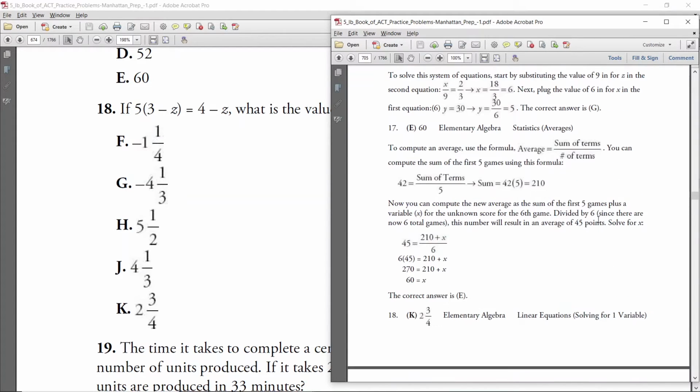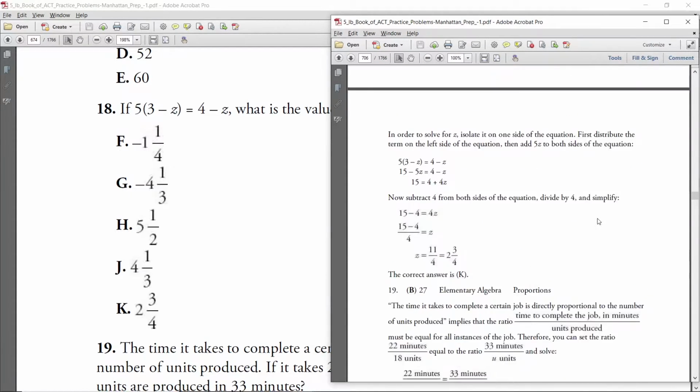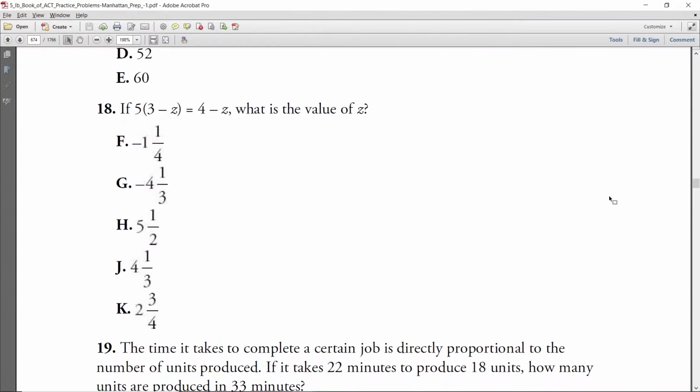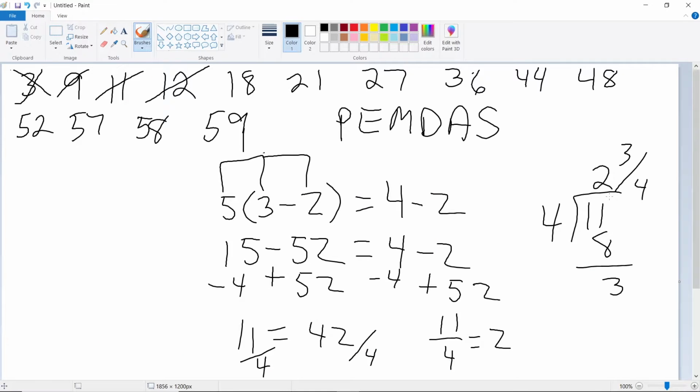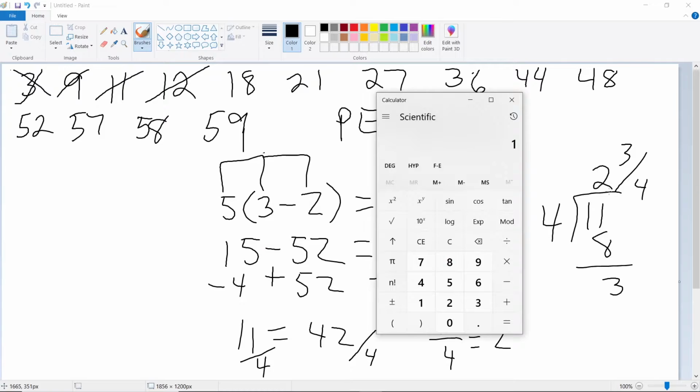I always like to check just to make sure, because I don't want to make a mistake when we're trying to learn. 2 and 3 fourths. Now, how do you do that on your calculator, 11 fourths? Well, you can do 11 divided by 4, 2.75. Then you subtract the whole number and multiply it by what you originally divided by, and that'll tell you what